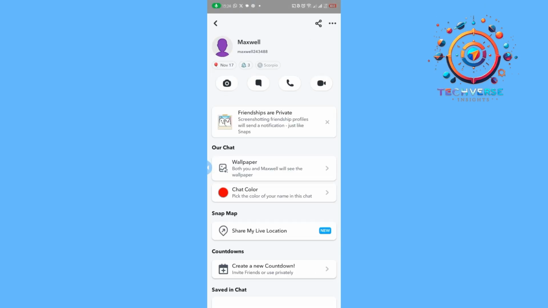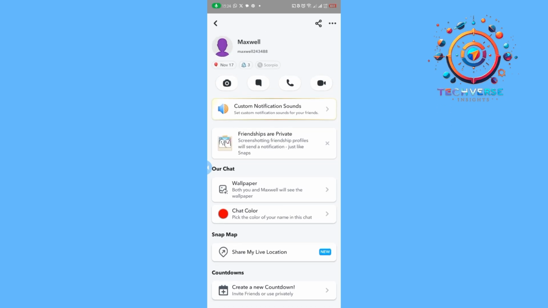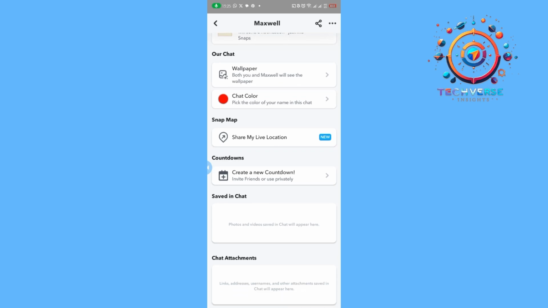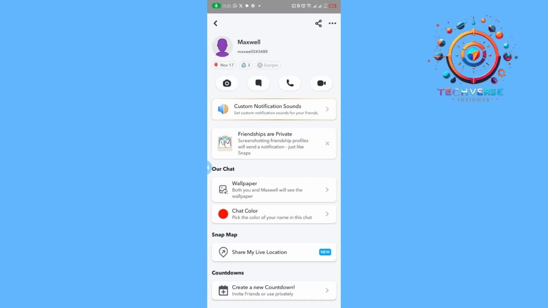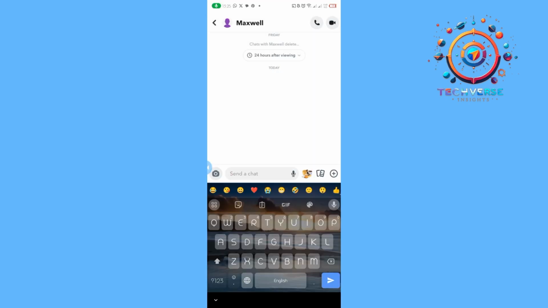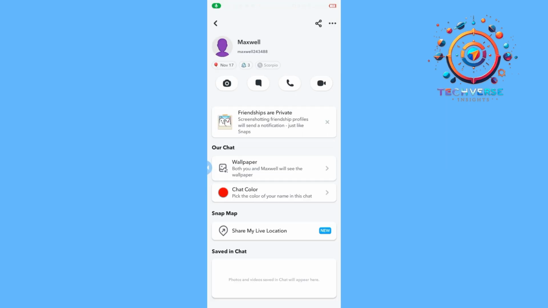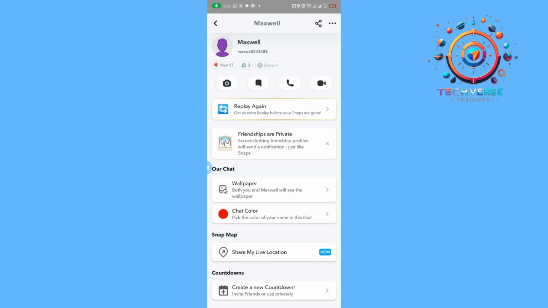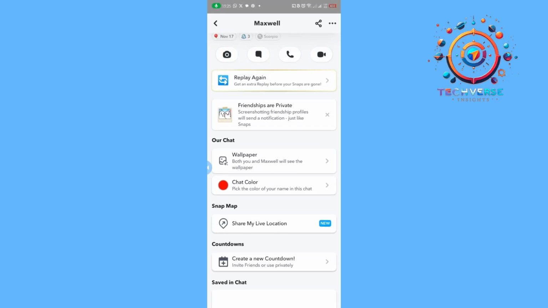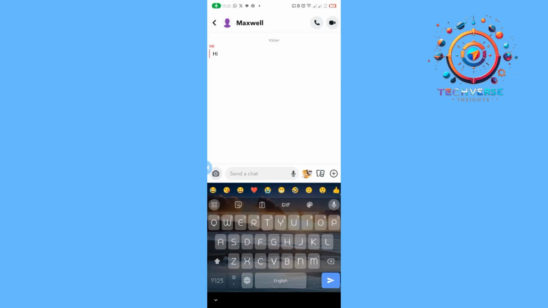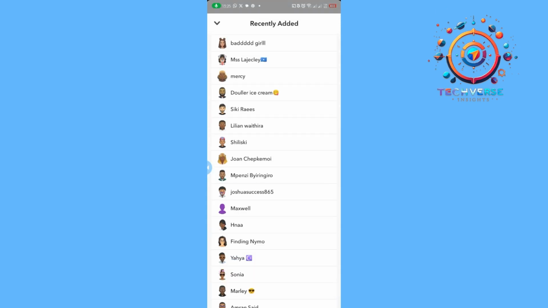on their profile. As you can see, they have added us back since we can see some of their information, like, as I said, the zodiac sign they belong to and their birthday. Sometimes it may not show us the option to send Bitmoji stories since we haven't been talking to them. But if it shows us this type of information, that's how we can know if that person has